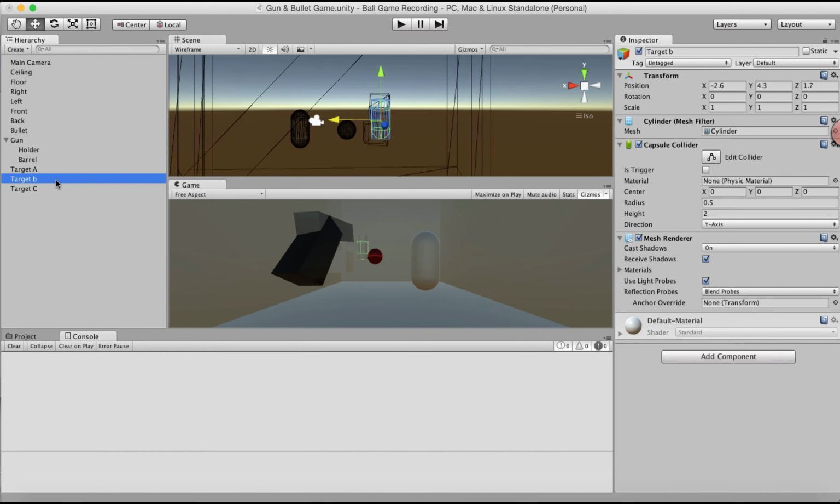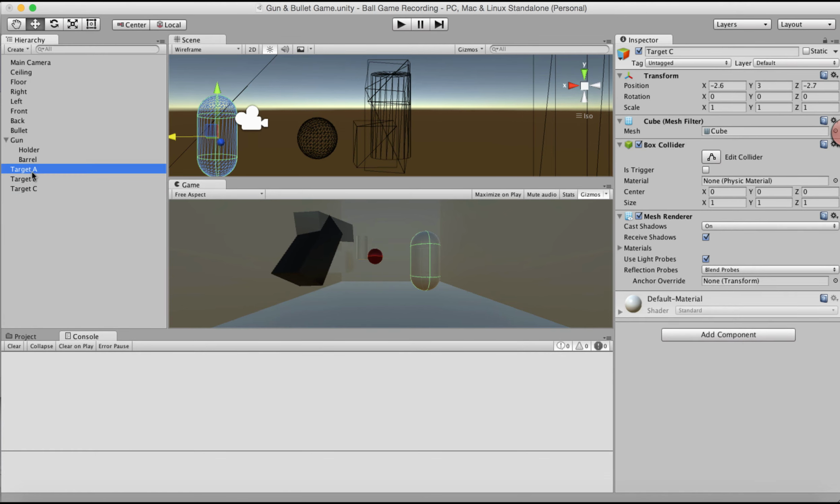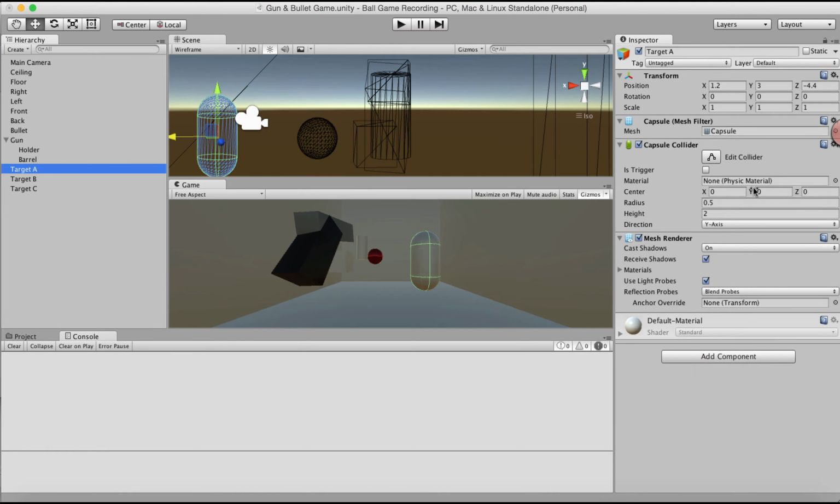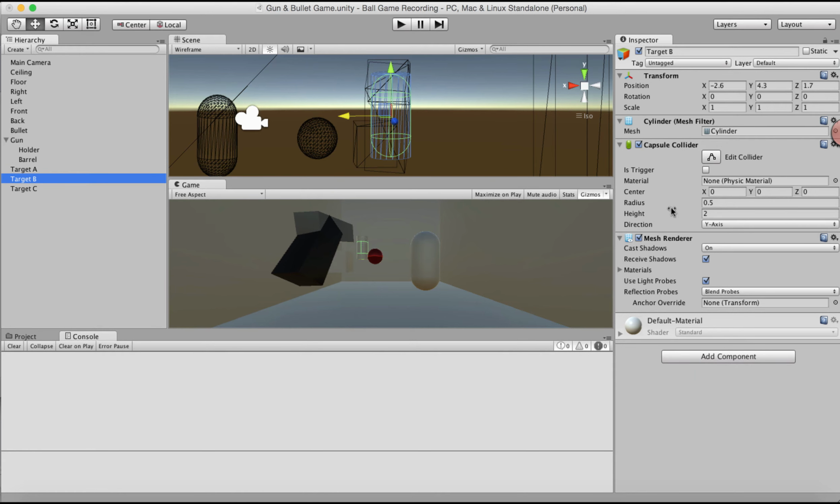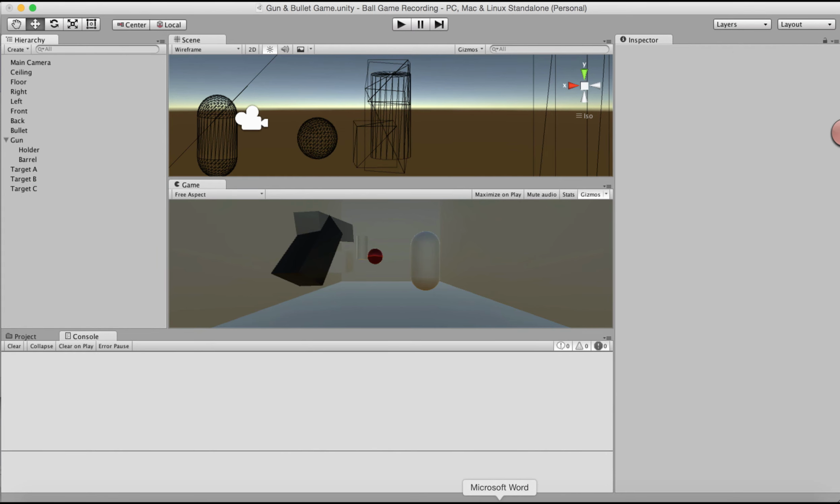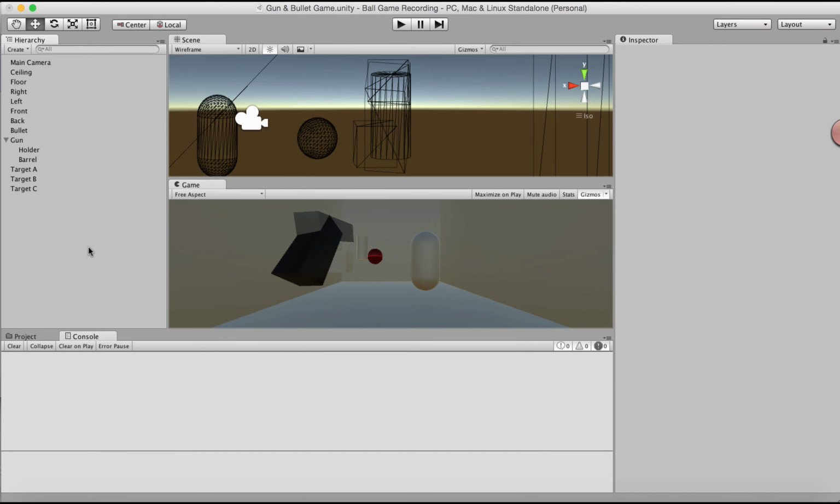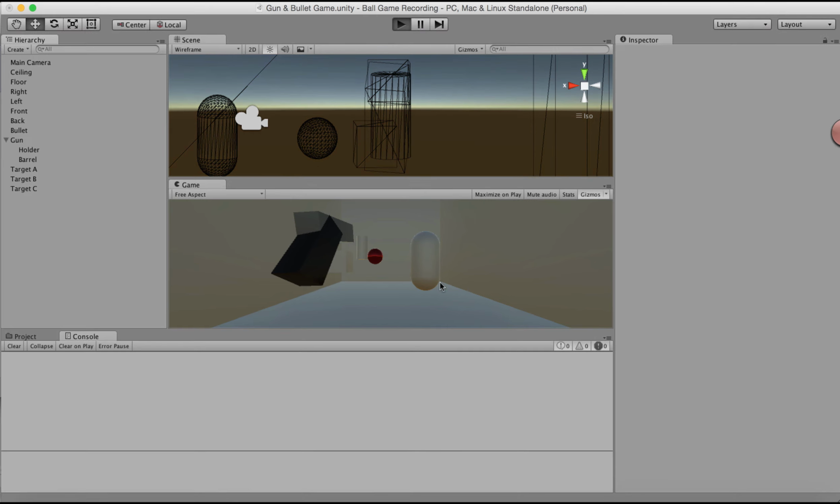Is a rigid body necessary? First of all, let's think. I don't think it's necessary. All we need is collision. Rigid body is for the ball, and what we need target A, B, and C for is basically collision and score calculation. So we make sure the colliders are there: for target A and target B there's a capsule collider, and for target C there's a box collider. Now we can move forward with our requirement. Bullet should hit targets, and some targets should be rotating. So let's do that. Can the bullet hit the target now? Yes, the bullet can hit the target, but